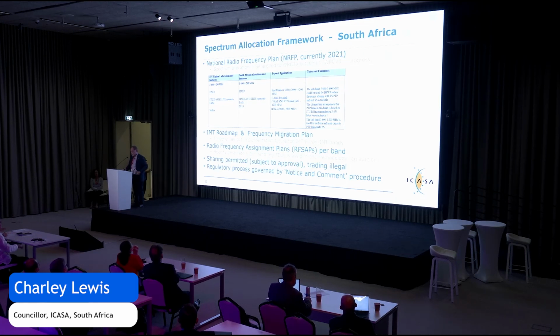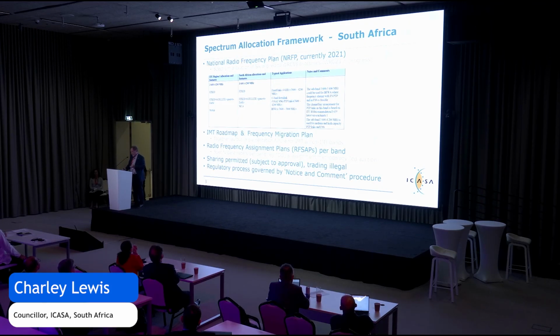What I thought I would just show you is the kind of entry you will see in our national radio frequency plan. It's related to one of the bands that we are looking at for our dynamic spectrum assignment sandbox. And it specifies the kinds of uses, the primary and secondary assignees in the band, and some notes as to how they would be deployed.